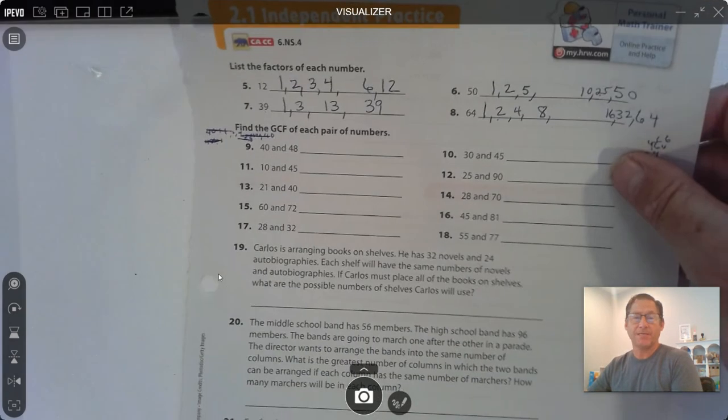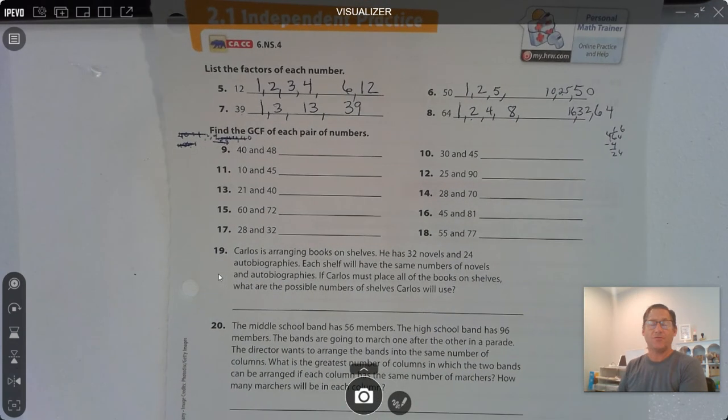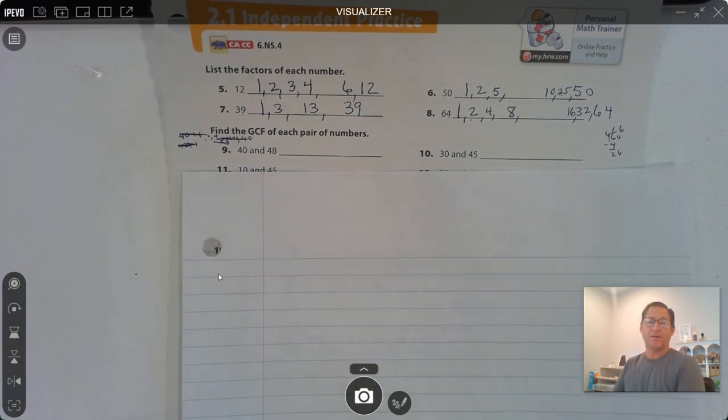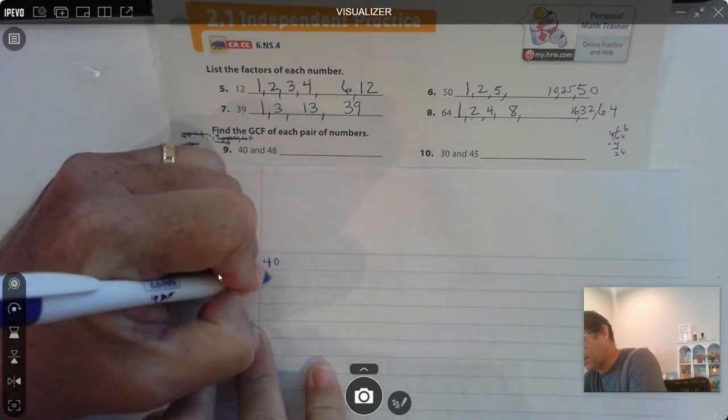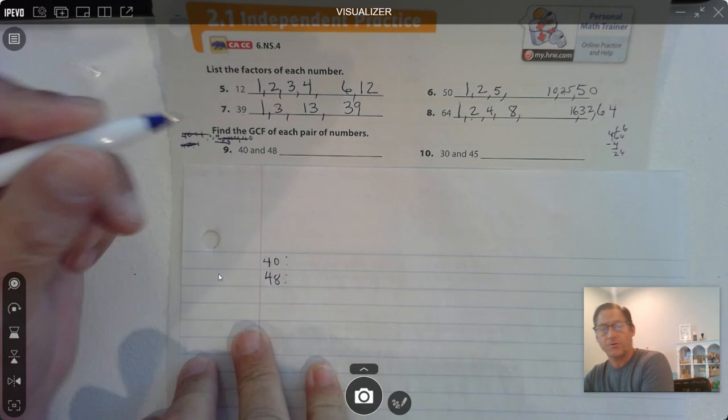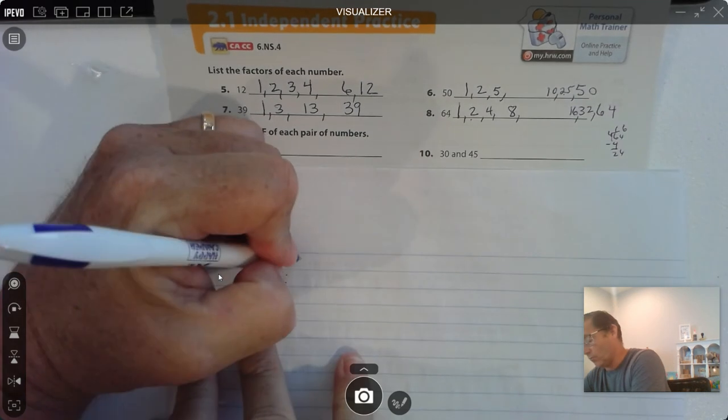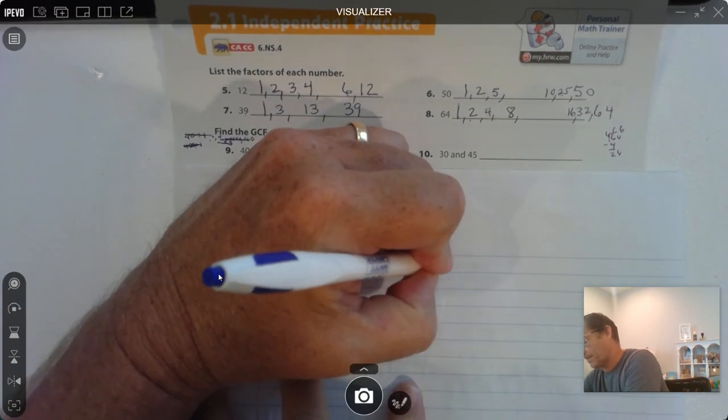All right, so as we continue on numbers 9 through 18, finding the GCF of each pair of numbers, I'm going to go ahead and get a scratch piece of paper for this to allow room to write the numbers. All right, so the factors of 40 are 1 and 40,